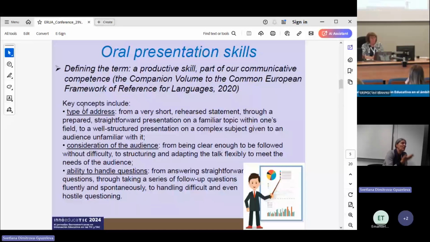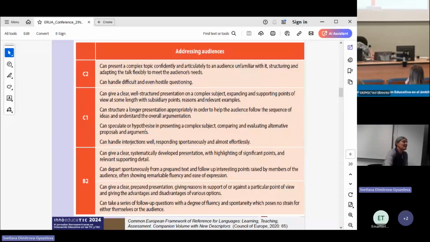There is some focus both on the type of address, the format, the structure of the presentation, also how well the presenter takes into consideration the audience's needs, and his ability to handle questions during or after the presentation itself. We've got a number of tables like this with descriptors, with standards like this. I won't go into detail about this because we don't have enough time to do that,